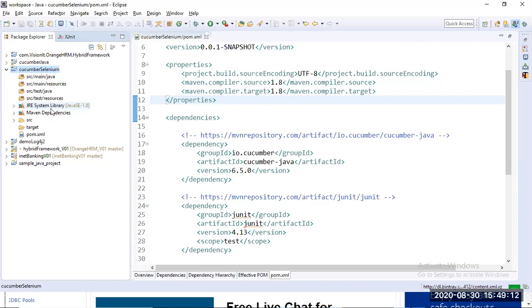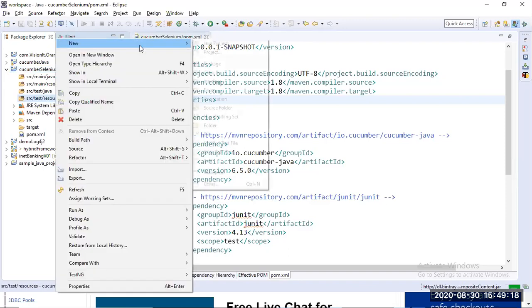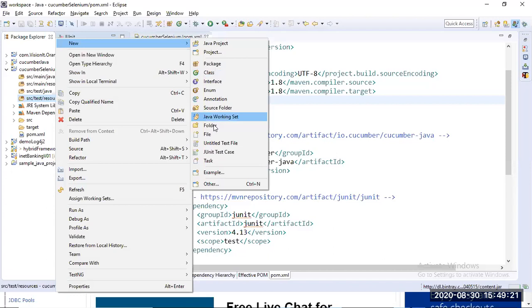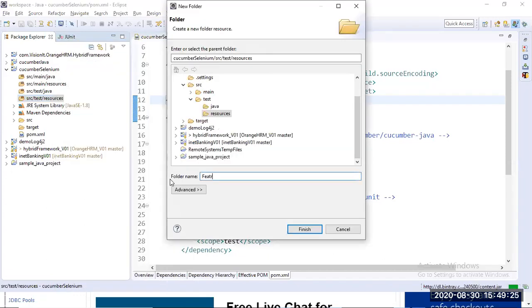Okay, guys. So in src/test/resources, right click there and create a folder. Create a folder with the name features. All the feature files, Cucumber is what? We will use feature files, plain English language, to write the steps.